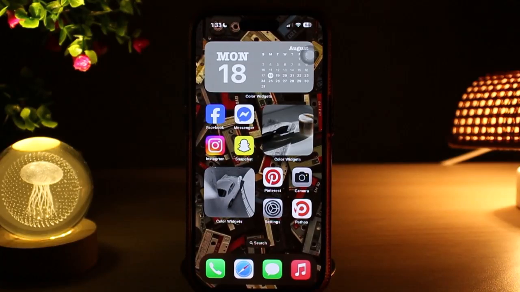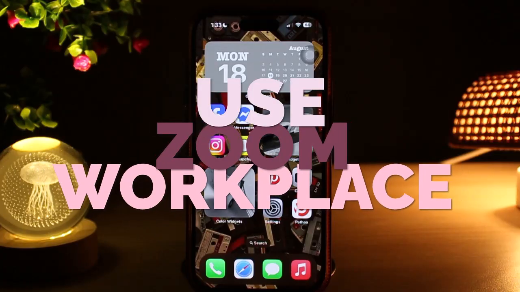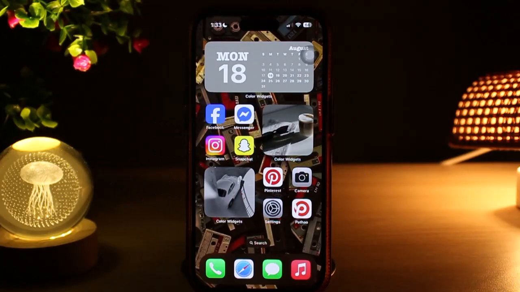Today in this video, we'll be talking about Zoom Workplace and how to use it. So let's get started. Zoom Workplace is Zoom's AI-powered collaboration app that puts video meetings, team chat, whiteboard, calendar, mail, docs, and more in one place. It's the same Zoom you know, now unified with extra tools and AI companion features to summarize meetings, draft messages,